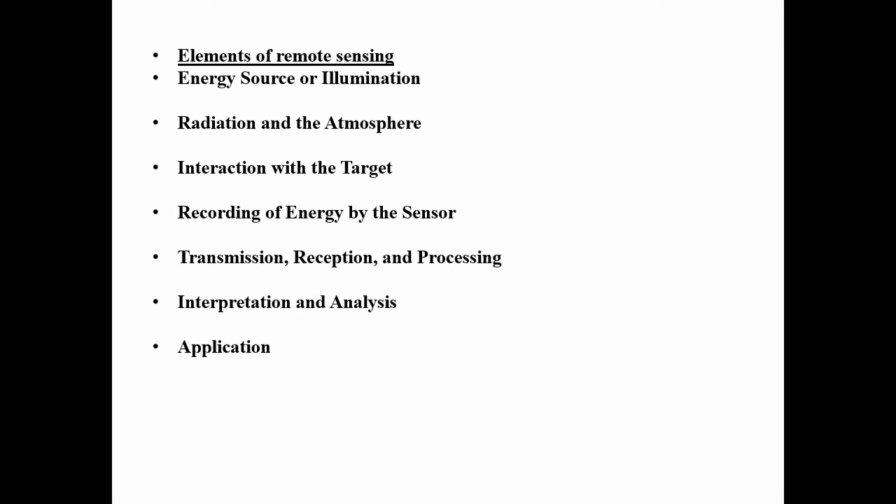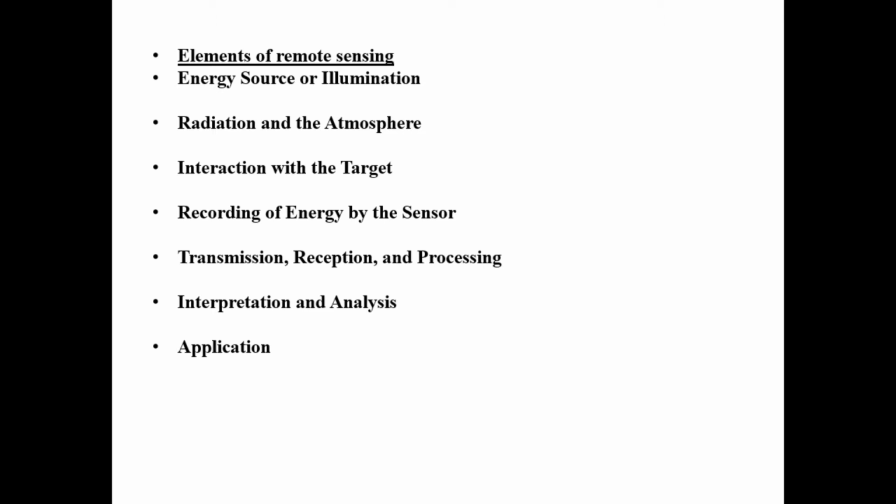To acquire information about an object, there are some elements which are used by remote sensing. The first one is the energy source. Here, the energy source is the sun and the satellite. The satellite produces the electromagnetic energy which travels into the atmosphere and strikes the earth object,